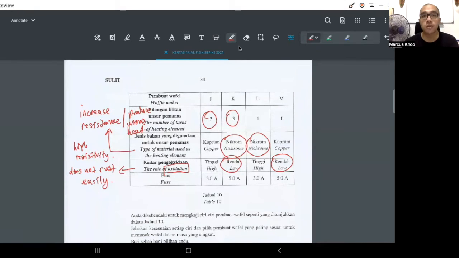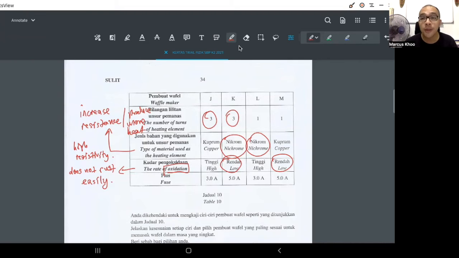But we always associate, kita selalu mengaitkan oxidation dengan pengaratan, because in chemistry that's very heavily emphasized. But what we need to know is that it's very interesting, very rare, sangat jarang lah saya jumpa soalan, dia akan tulis the rate of rusting. They will say the rate of oxidation, so that you have a good reason to give, which is does not